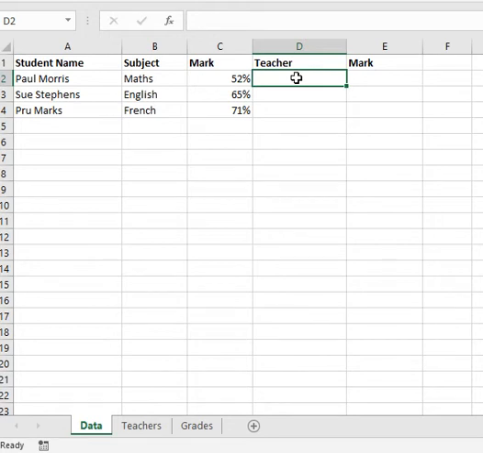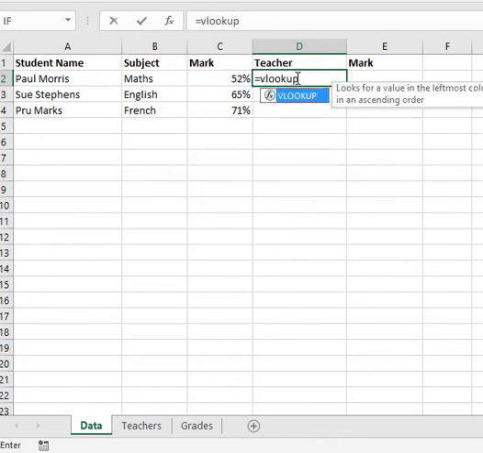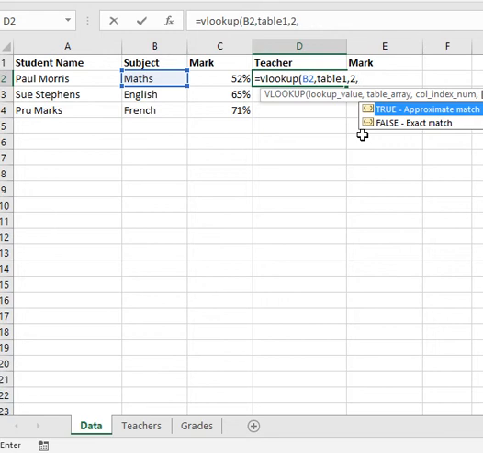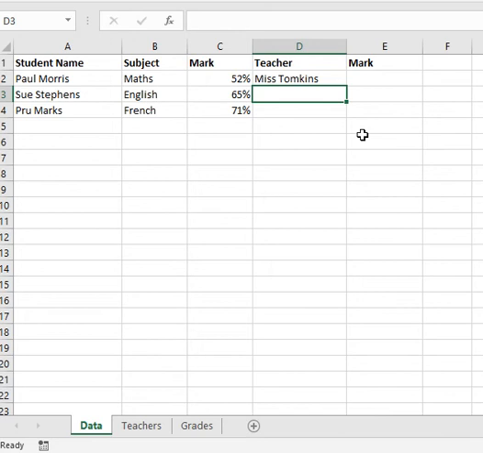So first of all, we want an exact match to find out who the teacher is for the maths subject. Equals VLOOKUP. We then have to pick up the lookup value, in this case cell B2, comma. Whereabouts is the table array? Well, clearly this is table 1, comma. What column do we want to retrieve? The information in column 2. And because we want an exact match, we take the false argument and we pick up Miss Tompkins as the